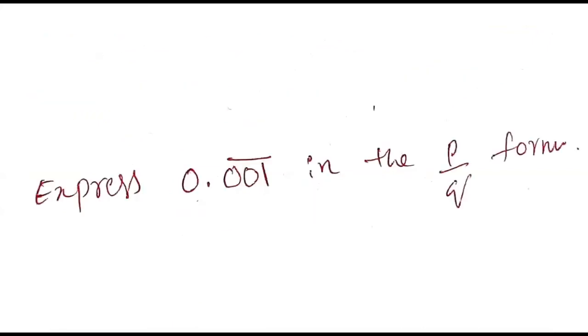Start doing now. Now 3 digits. We will take 1000. Express 0.001 bar in p by q form. Sir, 1 by 999. Super, very good. 1 by triple 9. So 1 by 999, sir. Do full solution. Ivank, I think you are writing in rough book, yes? Write neatly. After you can copy that. Okay, sir.